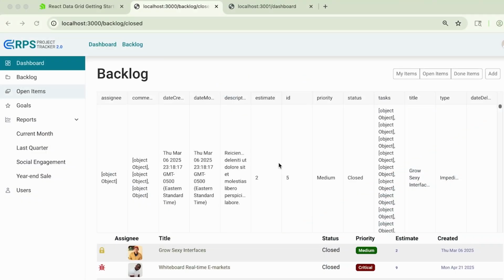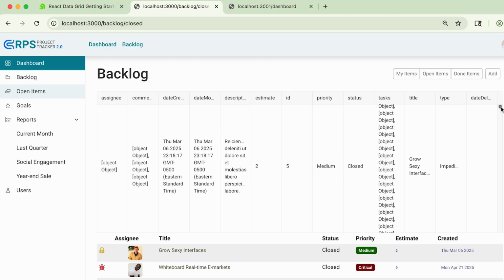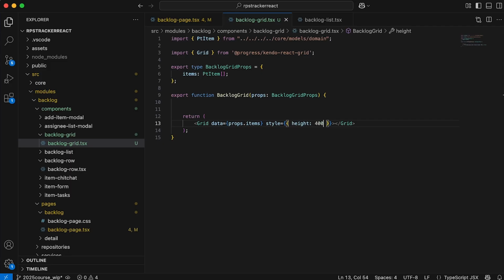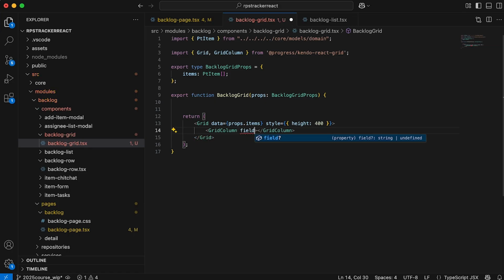We're currently rendering a grid, but it doesn't look too good. Let's go back to our code, and we're going to define our first column, the simplest one here being the title column. So let's do that one. We're going to add a subcomponent to our grid called a grid column. A grid column has a field attribute on it, which is used to bind the property of a data item